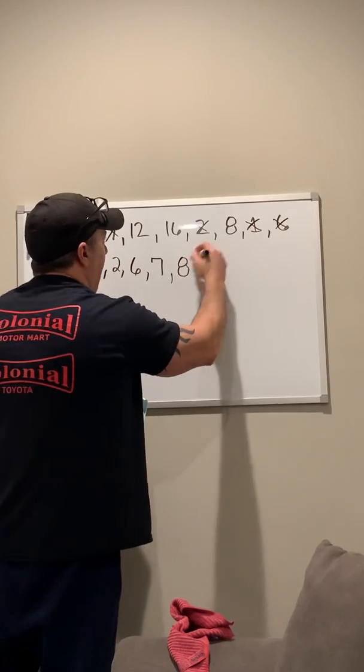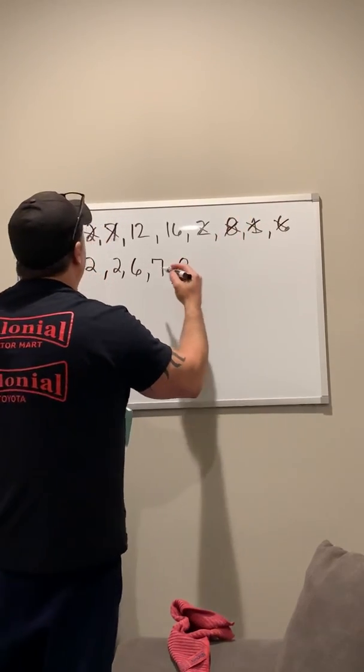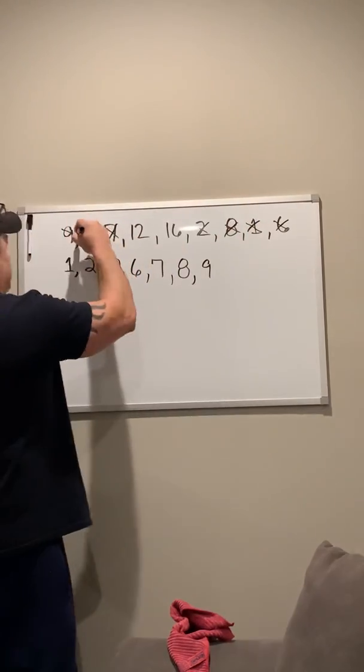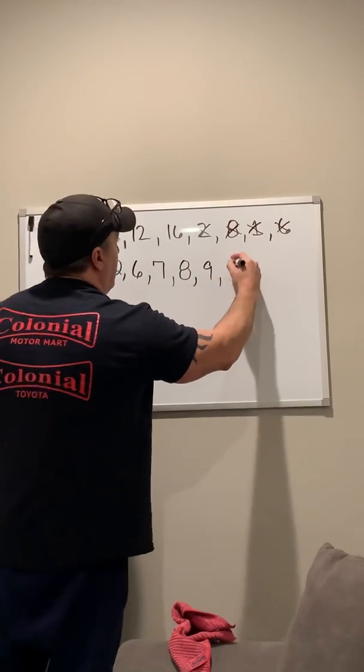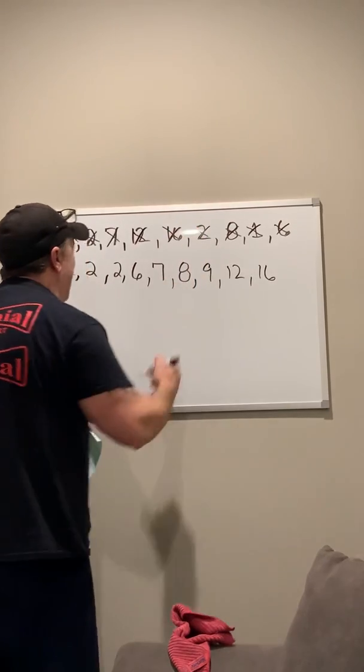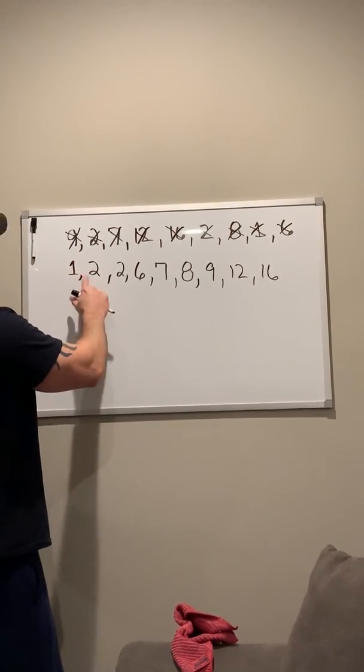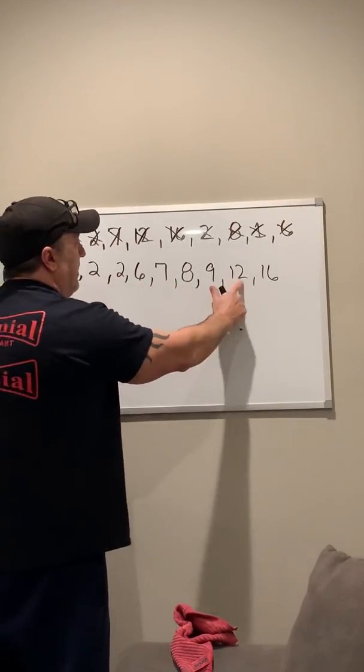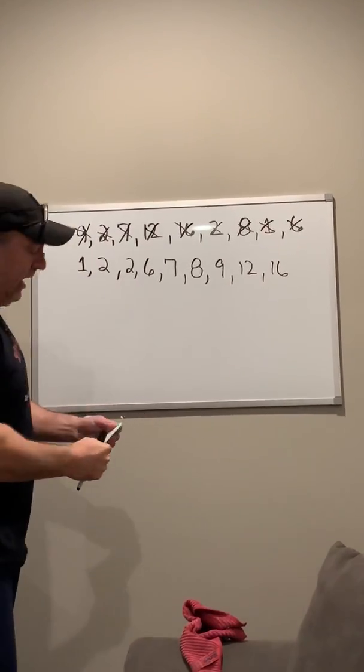8. When you cross them out, it helps you to remember that you did them all, because otherwise you can skip them easily and then your answers will be wrong. So I said how many? There were 9 numbers here. Let me make sure I got 9 again. 1, 2, 3, 4, 5, 6, 7, 8, 9. 9 numbers still there. All right.